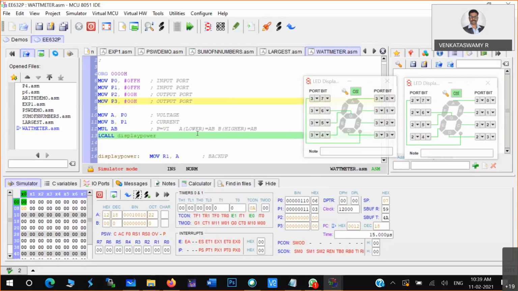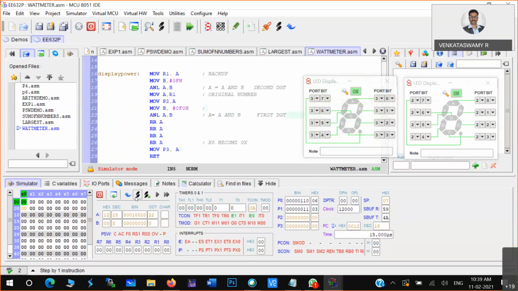That two digit is moving to the function. A came to that particular function, and you are keeping the backup in R1 register. And now you can see here B register, you are moving 0F, and logical multiplication you are doing. Now this is the point you have to observe. 12 will be logically ANDed, and you see what happens in A register.